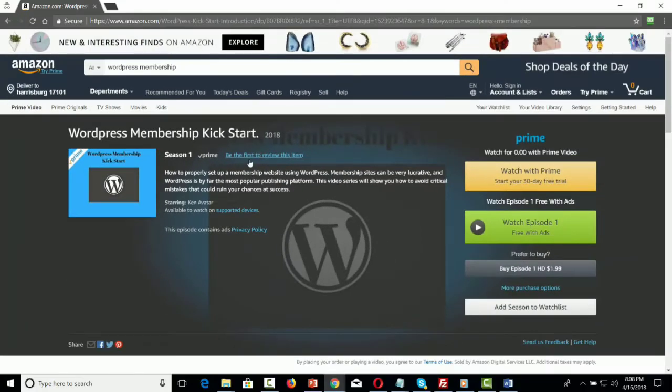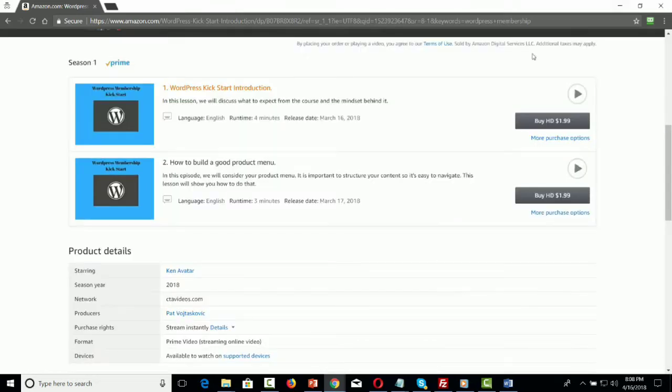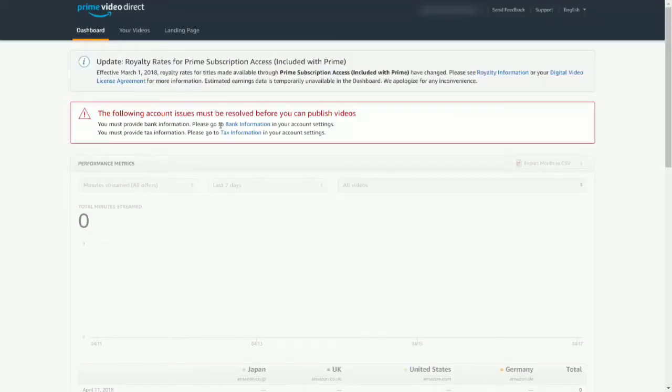What you'll notice is that an individual with a Prime account can watch the video for free, or an individual without the Prime account can watch the video with advertising. That person also has the opportunity to purchase the video. And the creator can add multiple videos to this title. And those who create videos and upload them to Amazon are paid royalties for those who watch